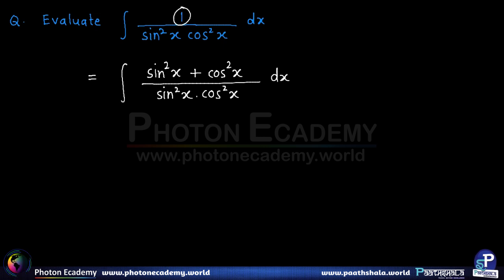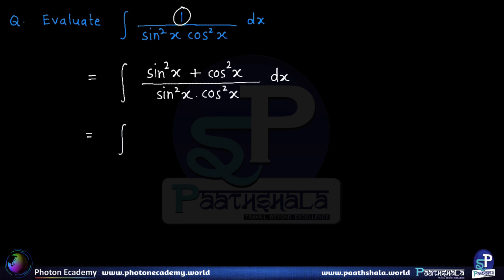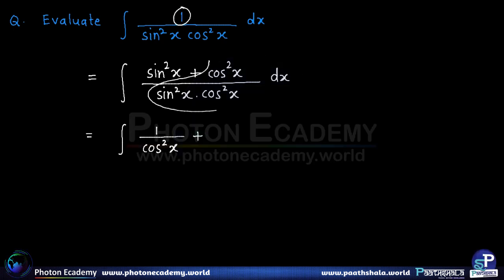Alright. Now suppose we split the fraction, that is the first portion, sine square x, upon the denominator, sine square x into cos square x. That gives us 1 upon cos square x, correct? Plus if we bring the other part also in the picture, we get cos square x upon sine square x into cos square x, which gives us 1 upon sine square x. This is what is to be